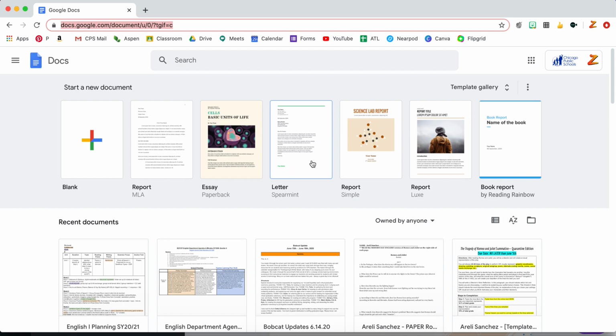You'll see right here you have various templates. Some of them are appropriate, some of them are not. I would say that the letter one is probably appropriate, especially if you're still struggling with how to write a more formal letter. But most of the time, we will either ask you to create a blank document by clicking